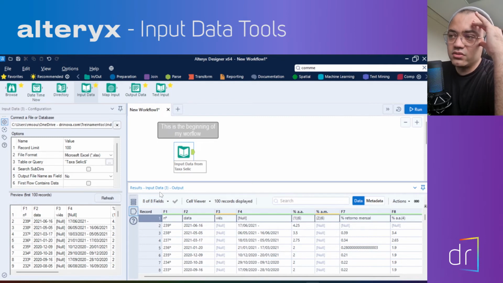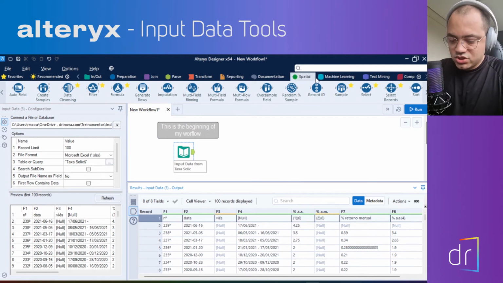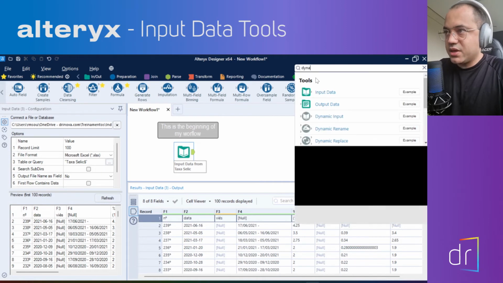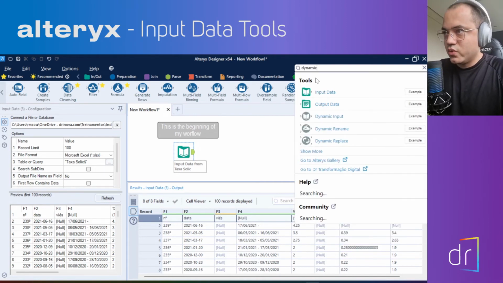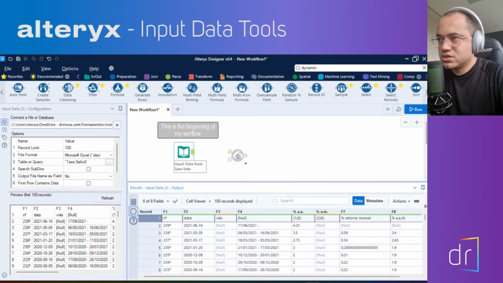How can I do that? I can go to the search and look for the tool called Dynamic Rename. This one. Okay, just take this, go to your workflow,